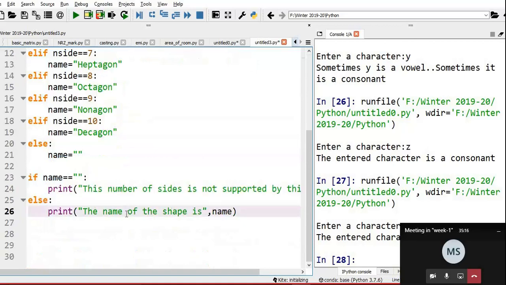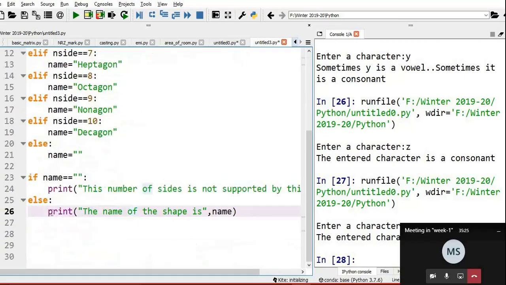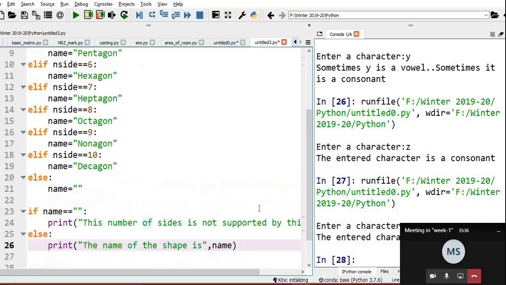So I want to introduce this if else concept as many times as possible. Otherwise here itself you can print. The only thing is, every time you have to give a statement like the name of the shape is octagon. It's up to you. Just one or two lines extra, that doesn't matter.